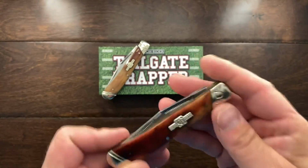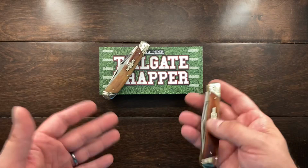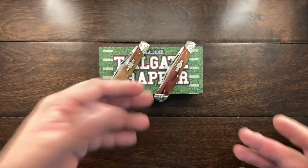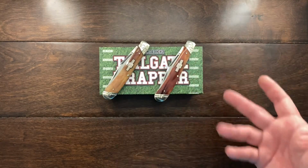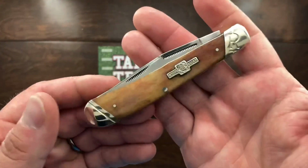So I have two of these. Both of these are going to be users. I'm not going to really make one a safe queen. I just thought picking up one and having another one just as a backup if I lose one would be a pretty good idea. Now, the one I actually got from Atlantic Knife,